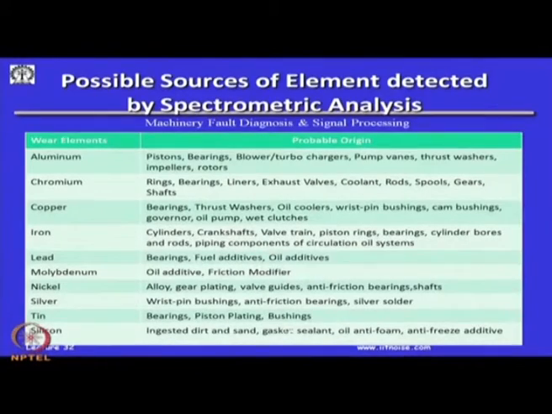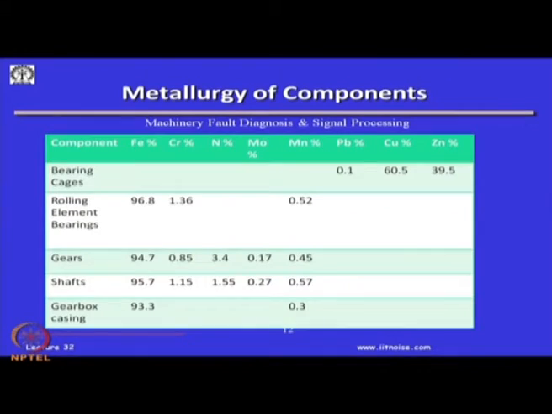Sometimes it is a difficult thing, but with experience you will see that usually a particular component is coming out, and we can do diagnostic measures to find out what is the source of this material. This is only possible by spectrometric analysis, wherein copper is usually coming out of bearings, lead is also coming out of bearings, and everything in the industry is of course made out of iron, and silver, particularly in Raspin bushings, anti-friction silver, solder, etc. So, this gives us a clue as to what is the possible source of the element detected by spectrometric analysis.